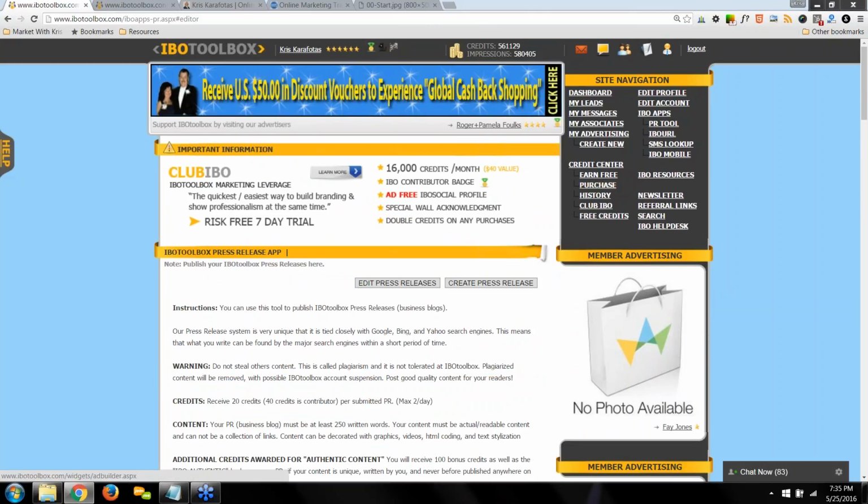Up top here and in the middle of the wall, you can run 468 by 60s. Text. Oh, that was a text ad that you were trying to post, I'm guessing. Earlier when you were asking where does it run, wherever the text ads display, those locations. But again, it's going to rotate with other members that are running their text ads in the same location.